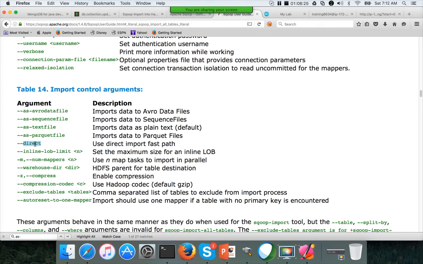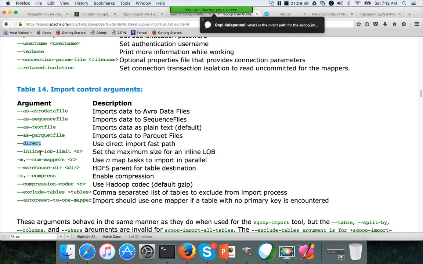It will use very little memory, and directly the I/O channels will be copying data from the files into the downstream place. So in this case, it simulates that it will be faster, but it is supported only with MySQL and Postgres. If you use direct on Oracle, it will not have any impact. Okay, it is primarily for performance reasons to import using fast path.